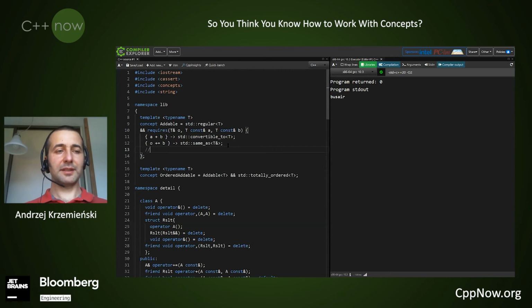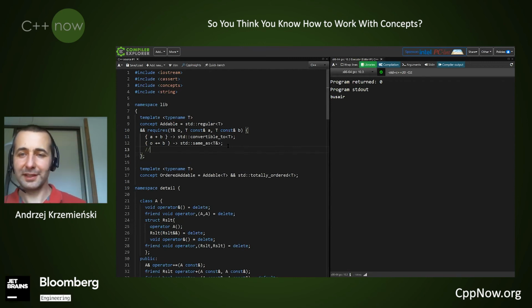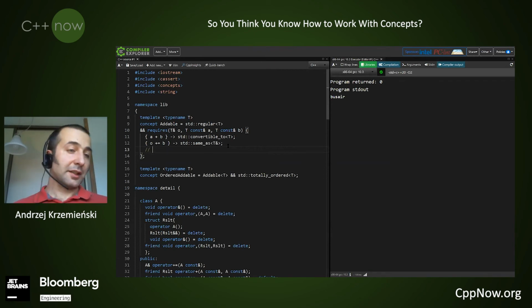We could try it. And this is actually where concepts as a language feature make it more difficult. Because if we didn't have concepts at all, at least users knew that they have to read documentation. And there they would find even the semantic requirements. Now, when we have this language feature, users think they are relieved of this responsibility of reading documentation, and they only look at the declarations in our concept. And there they will not find semantic requirements unless we try to put them in a comment.